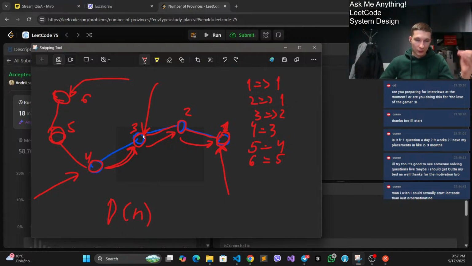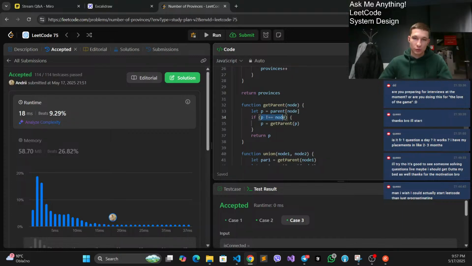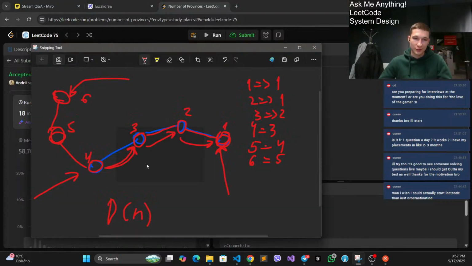So instead of, like, every time we call this function for node 3, we are interested in node 1. We don't care about everything that was in the middle. So that's why the first optimization is to rewrite parent to the representative straight away. So once we traverse this, we know that parent of node is not node itself, not like this case. So what we are doing, we are rewriting parent of node 3 to be 1. First optimization. So next time we're gonna get the representative of this joint set by node 3